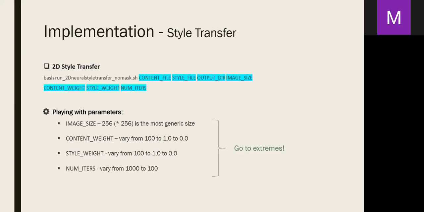The last parameter is num iterations. It's the number of iterations your model is run for. In general practice, you'll observe that a higher number of iterations takes more time to run but results in a better output in comparison to one with a lower number of iterations, which runs faster but has worse results. So going back to our experiment,